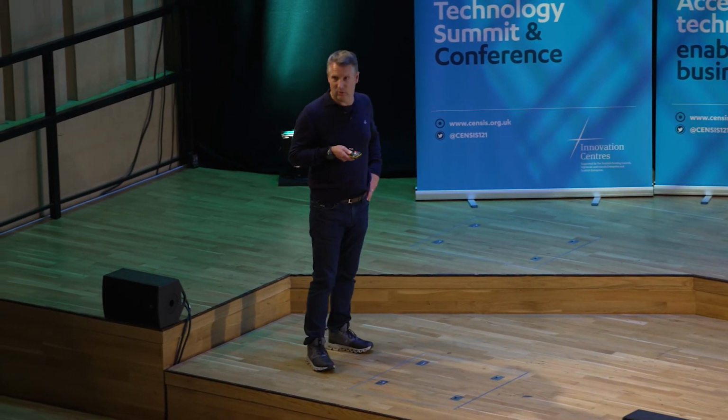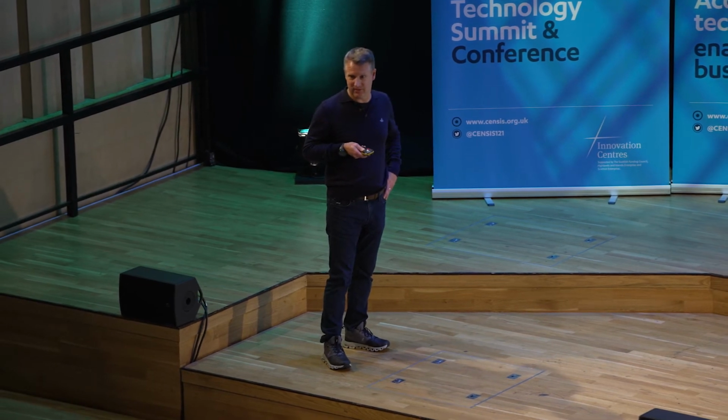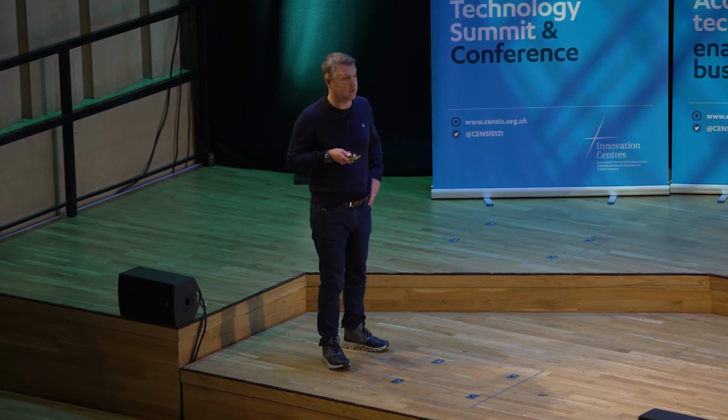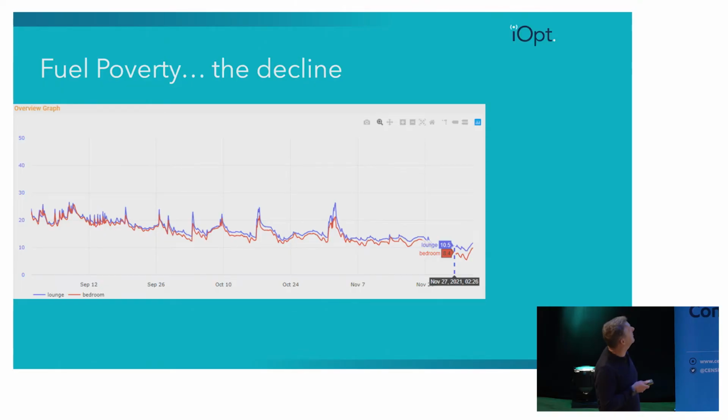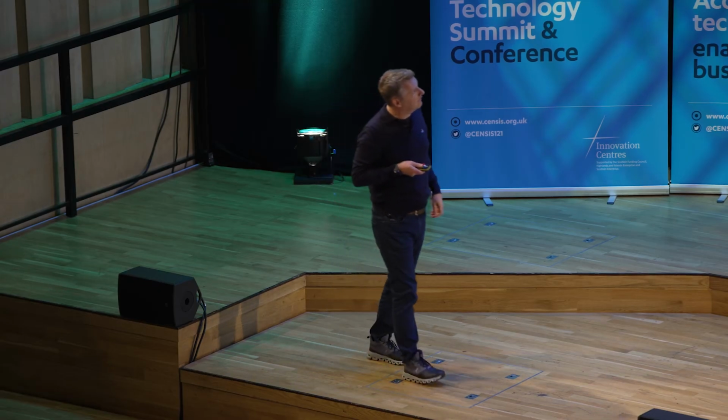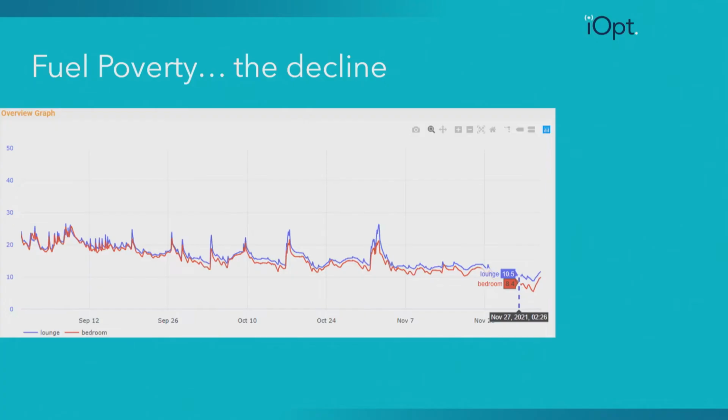If you try and sit in your home at 12 to 15 degrees centigrade, you'll understand pretty quickly how uncomfortable that is. So this is a home that we monitored, and our system highlighted it as a potential issue. Basically, whenever it got to around November the 7th and onwards, we're seeing indoor temperatures here of 8.5 degrees. Big issue. But the decline into that, from 20 degrees centigrade on the left-hand side over to 8 degrees, is something that we now know we can look for over a 2 or